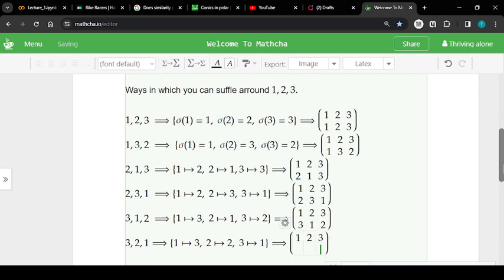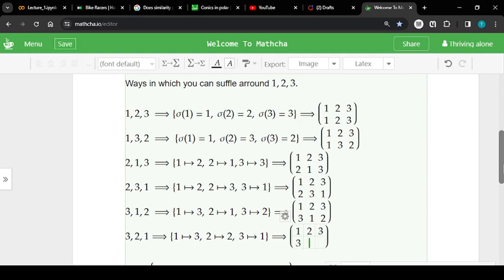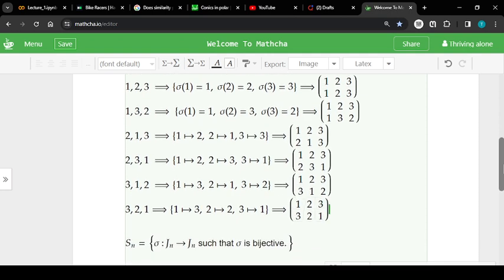Maybe it's correct, right? Next, 1 is mapped to 3, 2 is mapped to 2 because that's a fixed point, and 3 is mapped to 1. That's the matrix. That's how we put it in matrices. Okay, that's